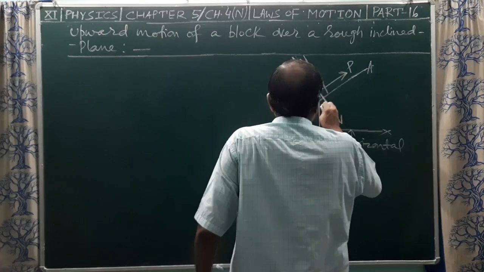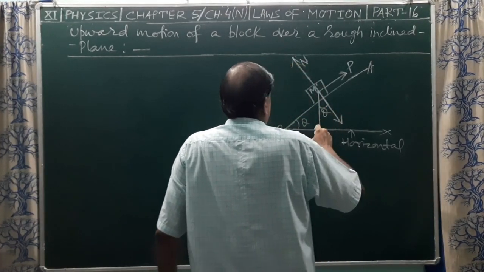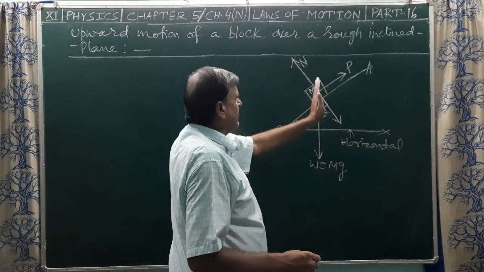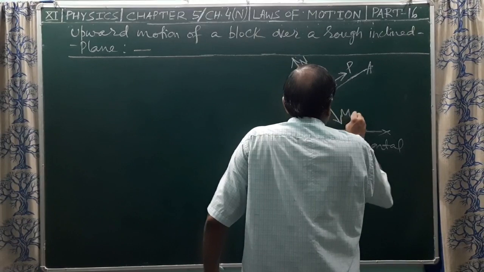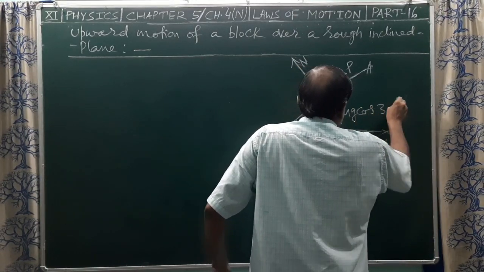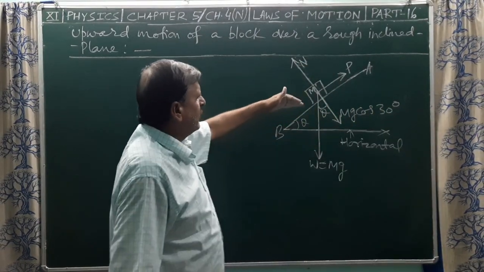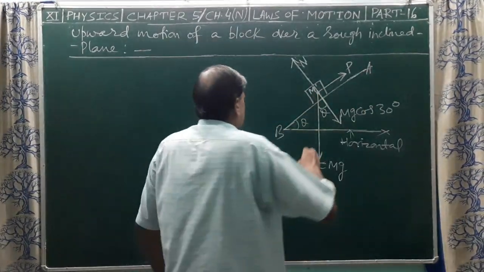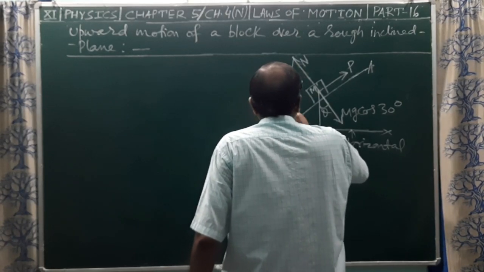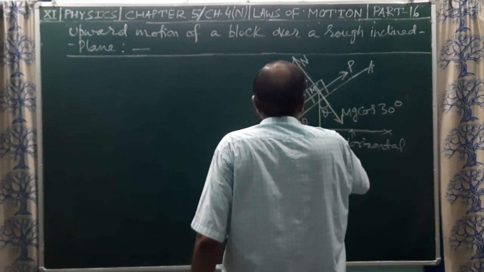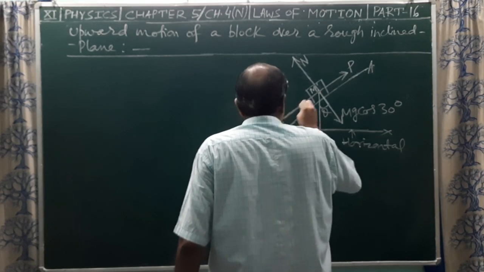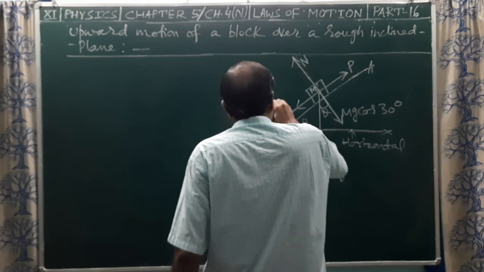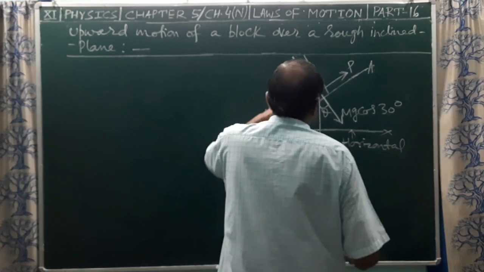एक दूसरे को बैलेंस नहीं कर पाएंगे, इसलिए ब्लॉक के वेट mg का एक कंपोनेंट, वर्टिकल कंपोनेंट जो कि इंक्लाइन प्लेन के परपेंडिकुलर है लेकिन नॉर्मल रिएक्शन के अपोजिट डायरेक्शन में है, mg cos थीटा, और यह कंपोनेंट नॉर्मल रिएक्शन N के द्वारा बैलेंस हो जाएगा. जबकि दूसरा कंपोनेंट जो इंक्लाइन प्लेन के लॉन्ग डाउनवर्ड एक्ट करता है, mg sin थीटा, वह डाउनवर्ड इंक्लाइन प्लेन के लॉन्ग एक्ट करेगा, mg sin theta, प्लस फ्रिक्शनल फोर्स भी ब्लॉक का